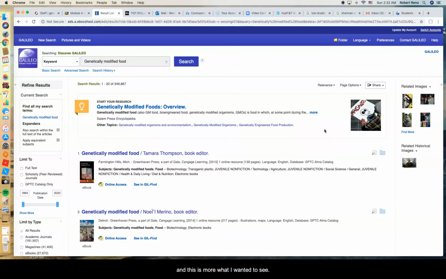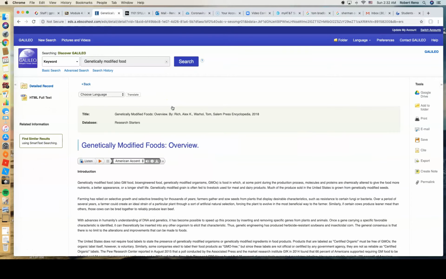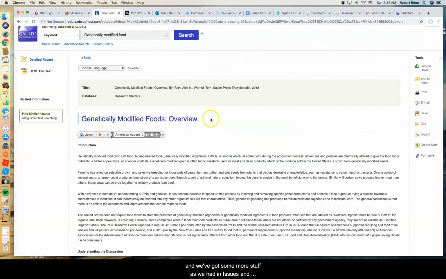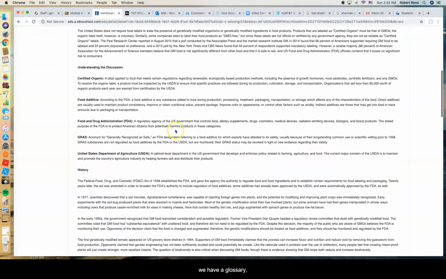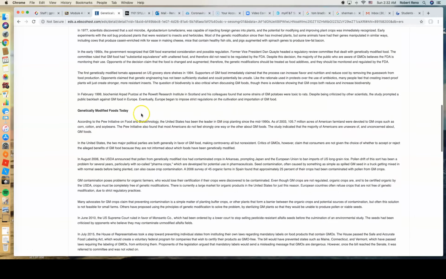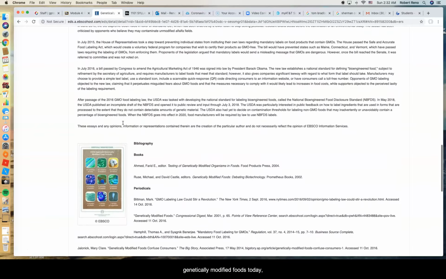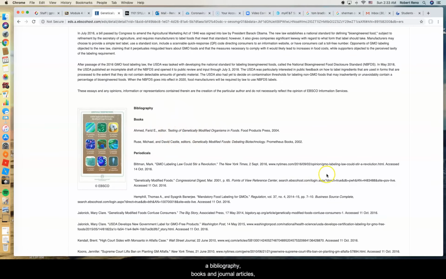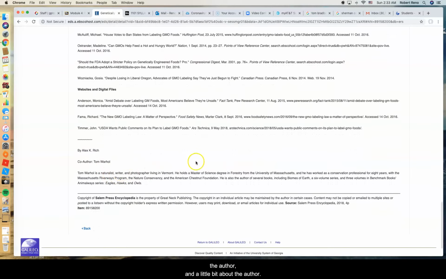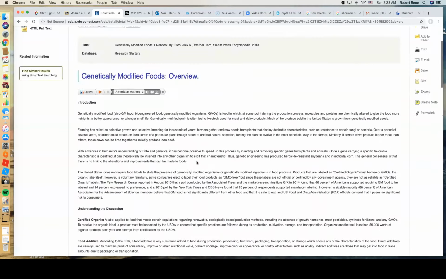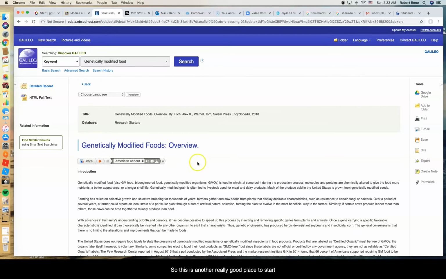And this is more what I wanted to see. Okay, so right here it says start your research. So that sounds like a good place to start. We've got genetically modified foods and overview. And we've got similar stuff as we had at issues and controversy. We have an introduction. We have a glossary, history, genetically modified foods today, a bibliography, books and journal articles. We have websites and digital files, the authors, a little bit about the authors. So this is another really good place to start for